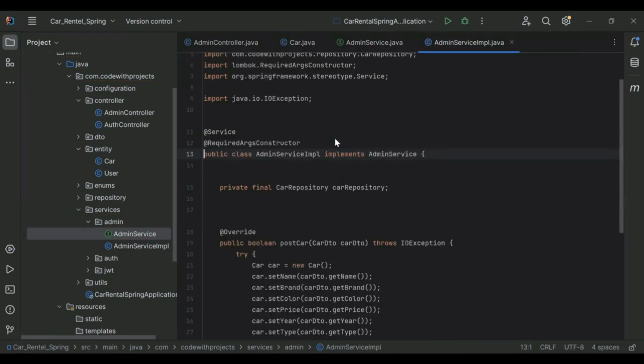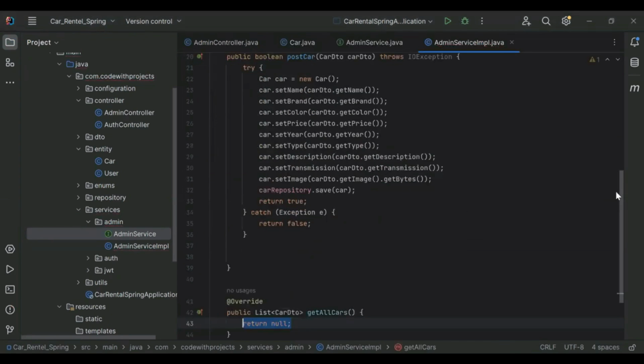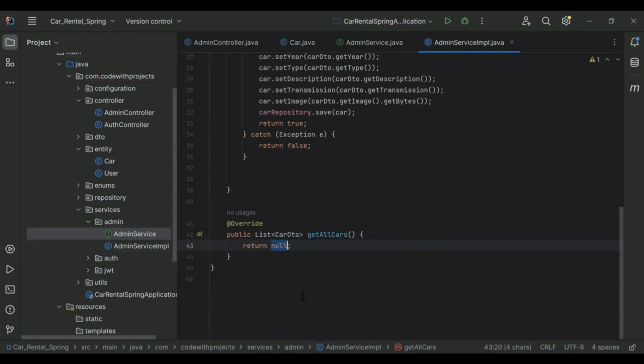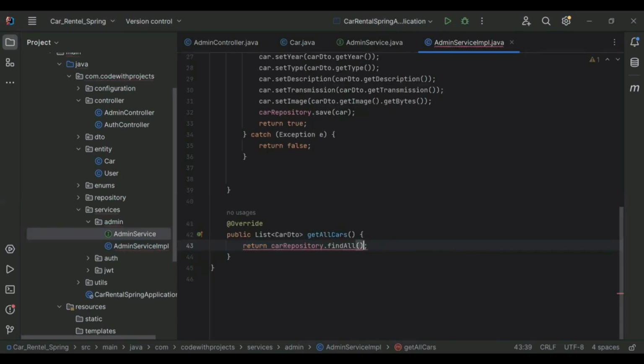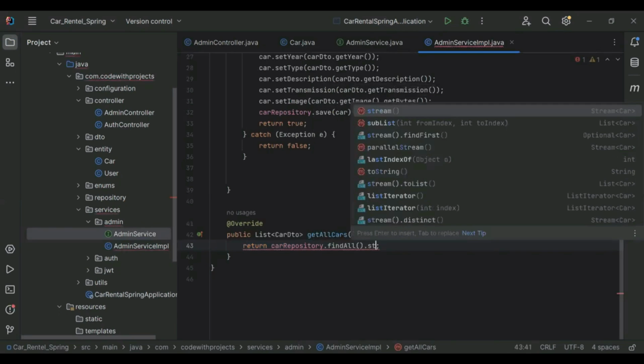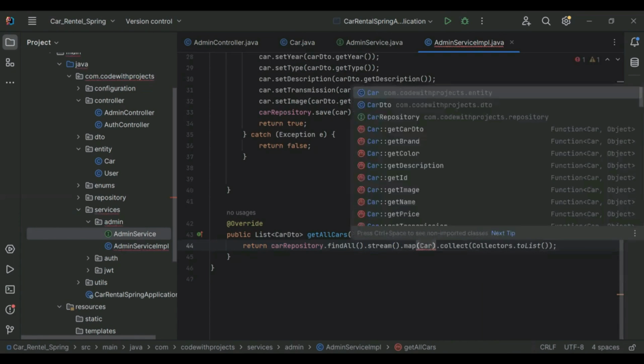Let's go to our admin service impl, and here I'm going to implement this method, getAllCars. In this method we need to return carRepository.findAll, and here I'm going to add stream().map, and then collect, and in the argument we need to select Collectors.toList. I've added the loop here because we need to pass two things. First one is an entity, that is a car, and the second we need to pass here